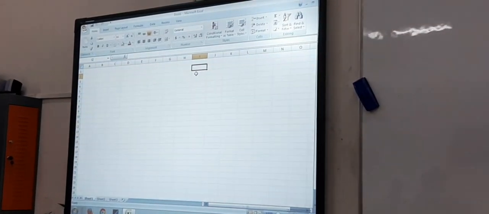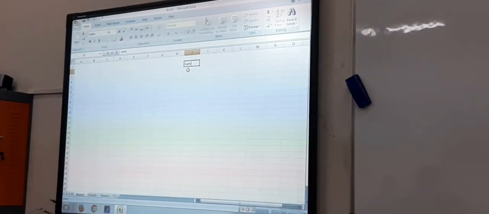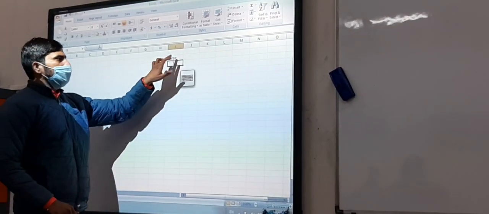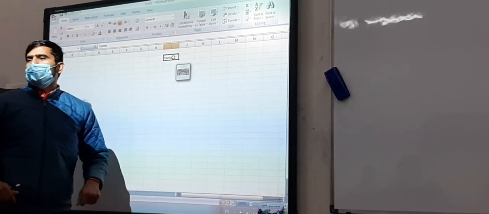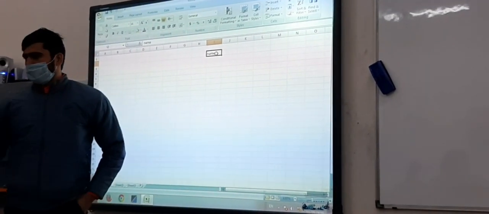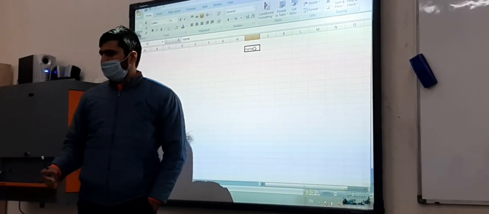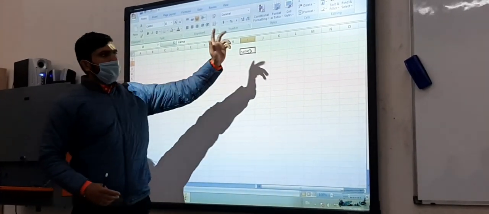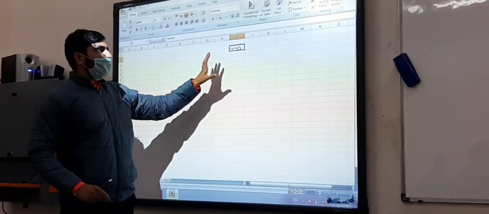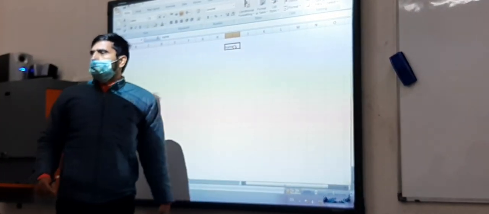Okay, I have written the name here. But you think that in your Excel sheet you want it to go up and down, top to bottom. Here you can see right to left, left to right, the combination.